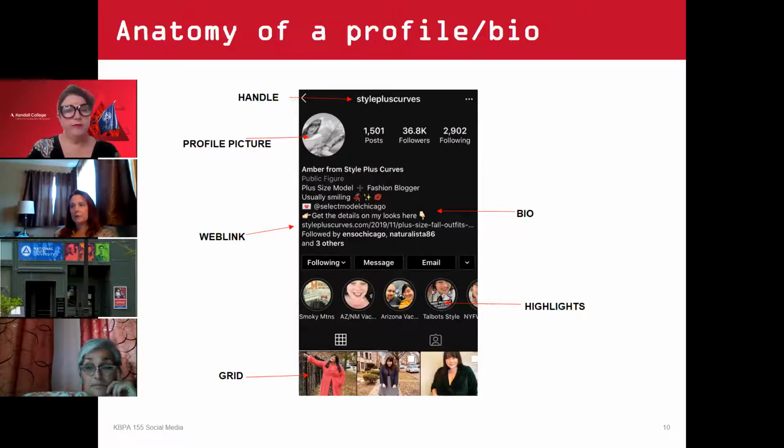And then I'm going to go a little bit further right here. If you see right here, there is a grid on the left side. And then over here on the right is a little icon with a person's picture in it. If you click on that little icon, you actually see every post that your account has ever been tagged within. So I will be talking a little bit more about tagging in the future of this discussion. So you will learn exactly what that means and why this is something that's kind of important to brands and businesses.